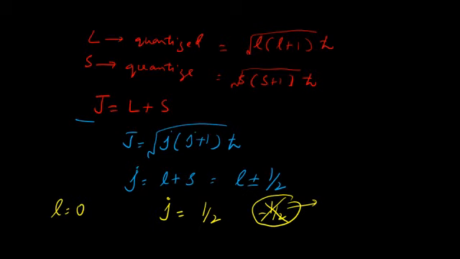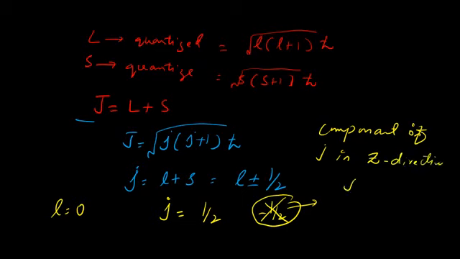Now, what will be the component of J in the z direction? The component of J in the z direction can be represented by Jz, and it is equal to mj h cut. Now mj is the